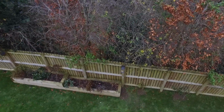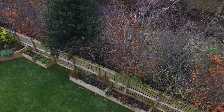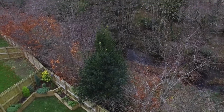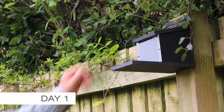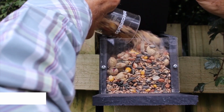Observed feeder surveys are often conducted in gardens. 3 separate 1.5 hour observation periods take place during the 15-day survey. On day 1, place a feeder box in a suitable position where it can be easily monitored, positioning it around eye height to allow for easy filling and cleaning. Fill the feeder with suitable squirrel mix